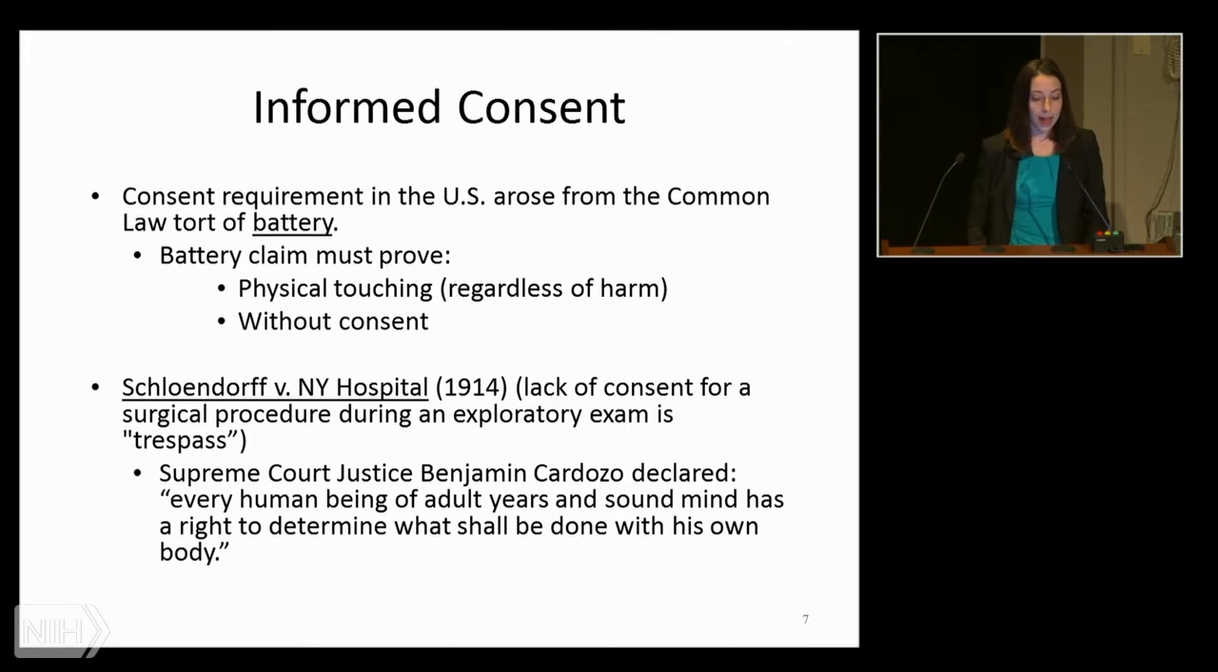And so that was the case where the court considered the additional action by the provider that wasn't known to the patient in advance or agreed to by the patient in advance to be a trespass. And a very famous Supreme Court justice declared in his opinion regarding this case, every human being of adult years and sound mind has a right to determine what shall be done with his own body. So that was in 1914, and then I think the idea of informed consent